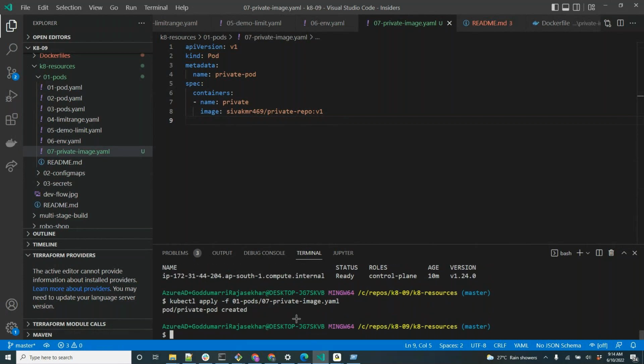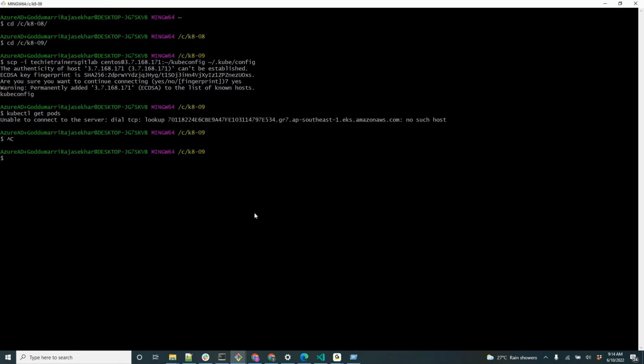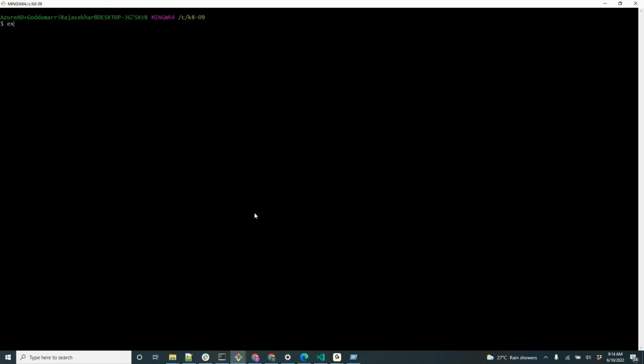Pod got created. Now let us see kubectl get pods. Okay, you need to give the configuration here. Export KUBECONFIG equal to